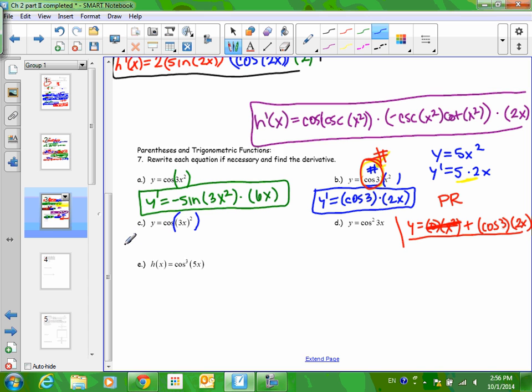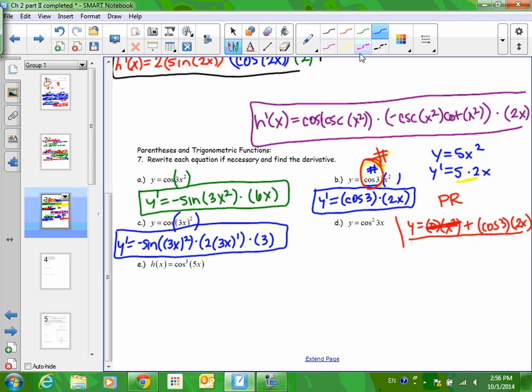If we do this as a peanut problem, we say, okay, I would start with cosine because it's the outermost function. That would be negative sine. Then I would just rewrite the inside part. I would go times. Then I would get to this. What's the chocolate in this problem? The squared. So then I would go 2 times 3x to the 1 power. Then you would get to the peanut, which is 3. Okay, this is totally fine for an answer. This is the correct answer. There's nothing wrong with this. However,